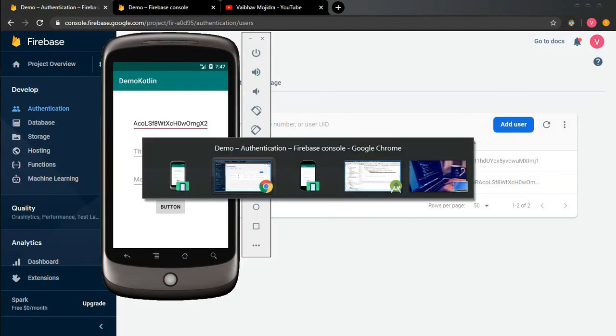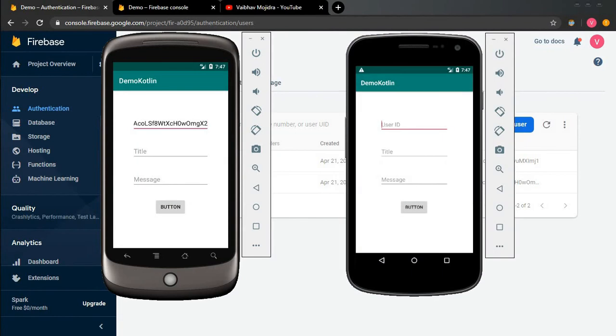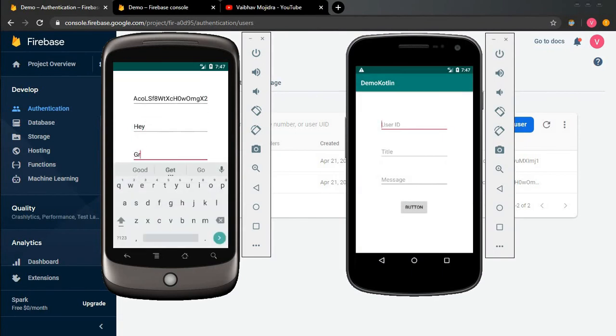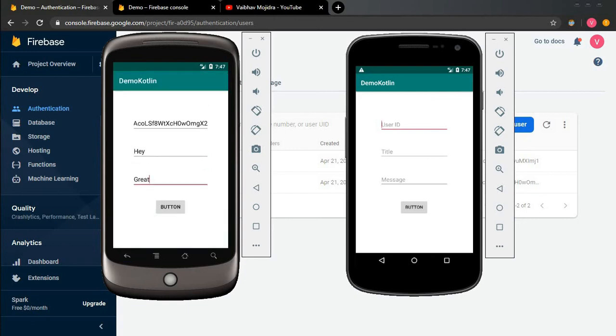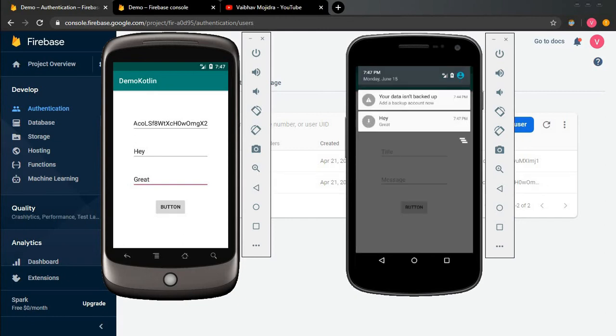So I want to send the notification to this ID using this email. From this device I want to send to that device. The user ID of this device is this, UID, you can say user ID. So I'm just passing this user ID over here, paste.